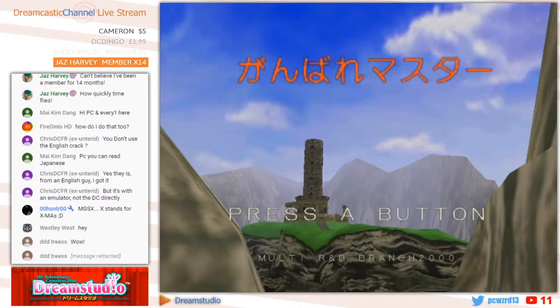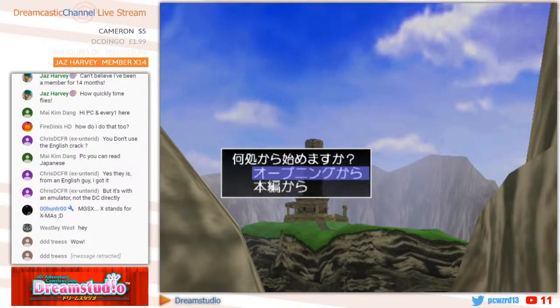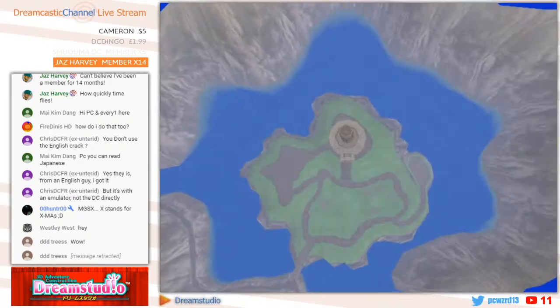Press A button. But there's a battle scene where it kind of has these quick time events where you have to press a button at a certain time in order to attack. I don't know what it's asking me there, but...